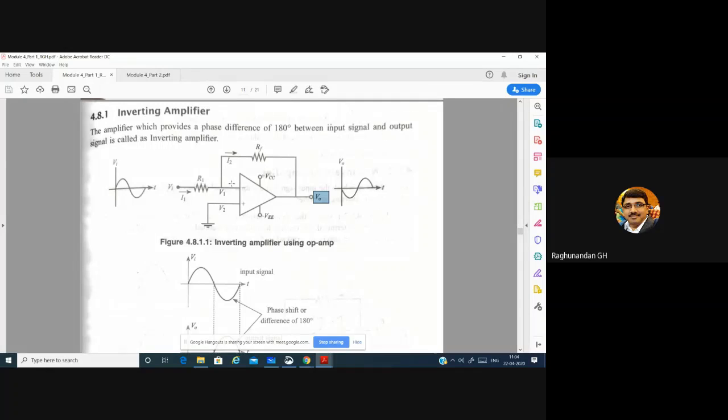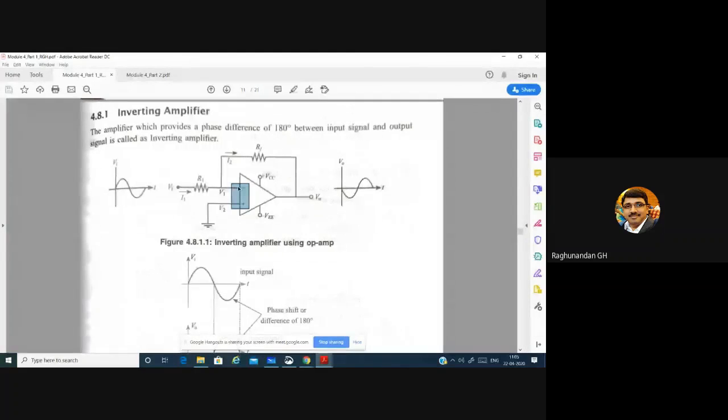One more thing, according to the characteristics of the op amp, the input impedance of the op amp is very, very high. Ideally, we say the input impedance is infinity, but practically it is in terms of mega ohms, about 1 mega ohm. Because of this, very little current flows into the op amp. Even though we apply Kirchhoff's current law with current from the input terminal, and current entering equals current leaving, there are two paths available for the current to flow. Once it comes to this junction, one path is this one, through feedback, it can go.